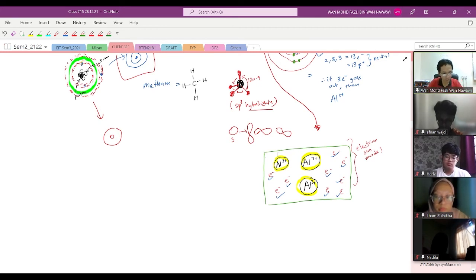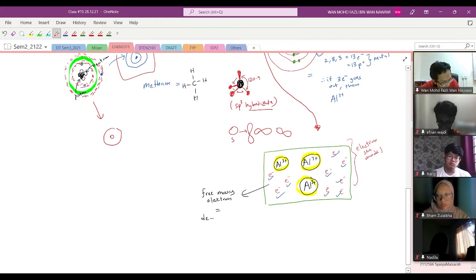So we say this free moving electron. We have a name for that. We call it delocalized. The more correct, scientific jargon is delocalized electron. So we can say that metal has delocalized electrons, meaning that the electron is not